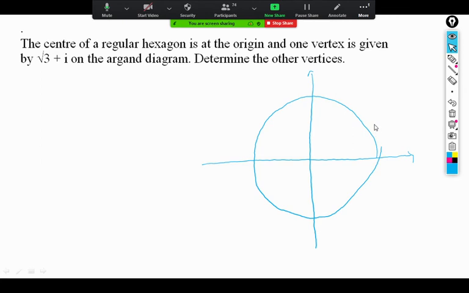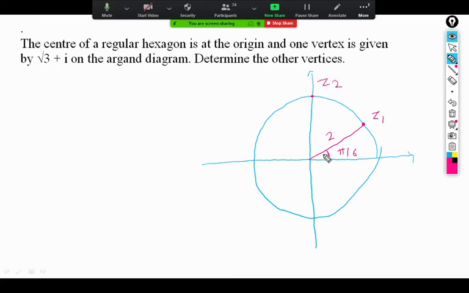But as it is a regular hexagon, I want to show you how that is a regular hexagon. First, root 3 plus i, we already observed its magnitude is 2 and the angle is pi by 6, that is 30 degrees. So Z1 is somewhere here, with magnitude 2 and angle pi by 6, 30 degrees. Now Z2 is 2i, meaning magnitude is 2 and it is along the y-axis.